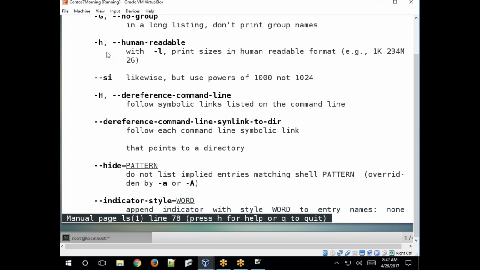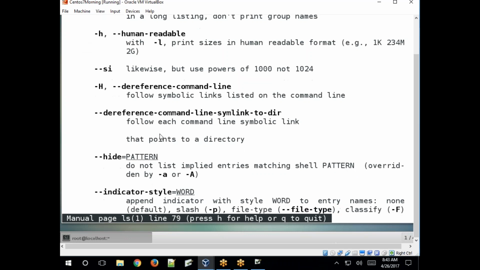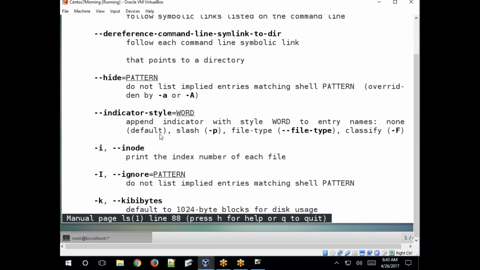If not specified, it shows the file size in bytes by default. Clear? See, -h. -i prints the index number of each file. Index number is nothing but the inode number.